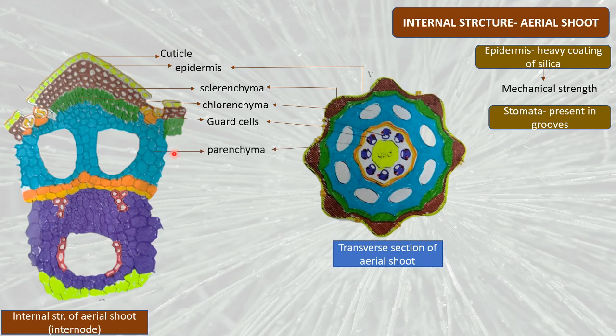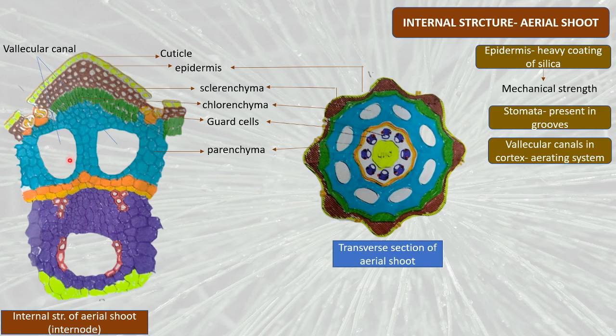Now the next is the inner cortex. This blue part is parenchyma. So the inner cortex comprises parenchyma, and the inner cortex also has the presence of very typical canals. These are canals. The cavities that you see are known as vallicular canals, right? So these two structures are vallicular canals. These are present in the inner cortex along with the parenchyma. These are canals that extend throughout the length of the internode.